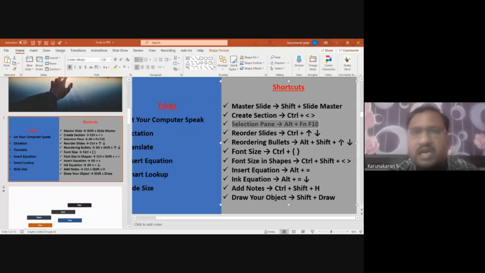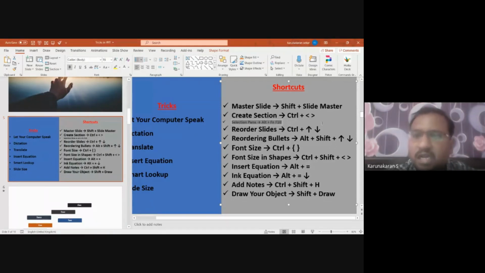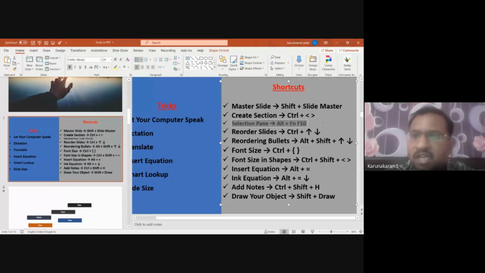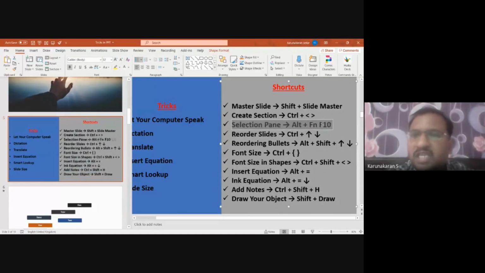After fitting in, I imagine that okay, I don't like this size, I want to increase this size. So we do this again and again, right? Instead of that, I can select this and use Control and the curly bracket. If you press the opening curly bracket, it will reduce the size. You can see here. If you press the closing curly bracket, it will increase the size. Okay, so this is an easier option because we do this regularly, right?